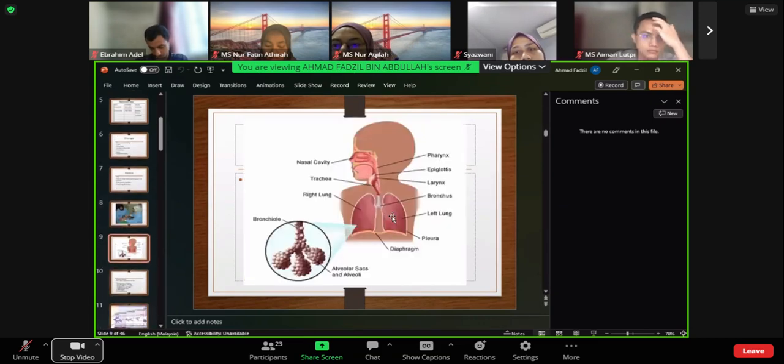And then a little bit about the anatomy. As you can see here, the respiratory system starts with the nasal cavity, pharynx, epiglottis, larynx, trachea, and then goes down to the left lung, right lung, pleural space, and diaphragm. And then you see the bronchus and alveolar sacs. This is quite deep, this is the lower airway. This is the upper airway and that is the lower airway. And then after that, it goes down to the bronchioles, respiratory bronchioles, then alveolar sacs and alveoli. This is how the respiratory system is. The other thing is the muscles and the diaphragm, basically.